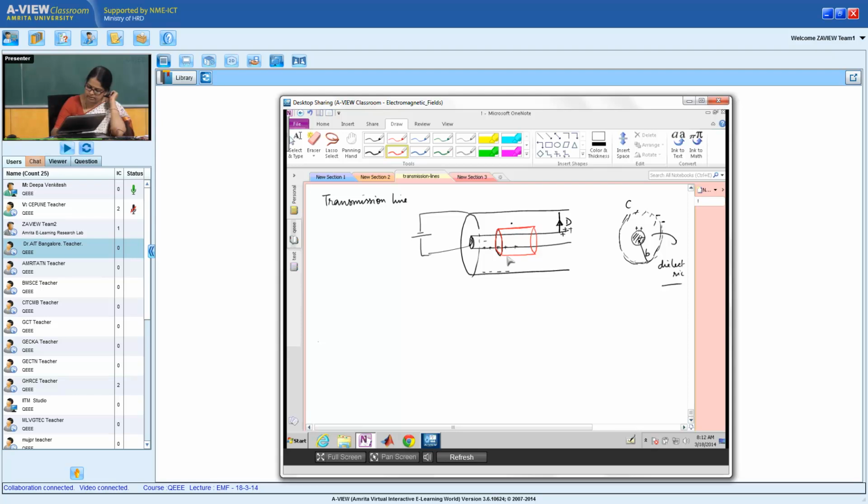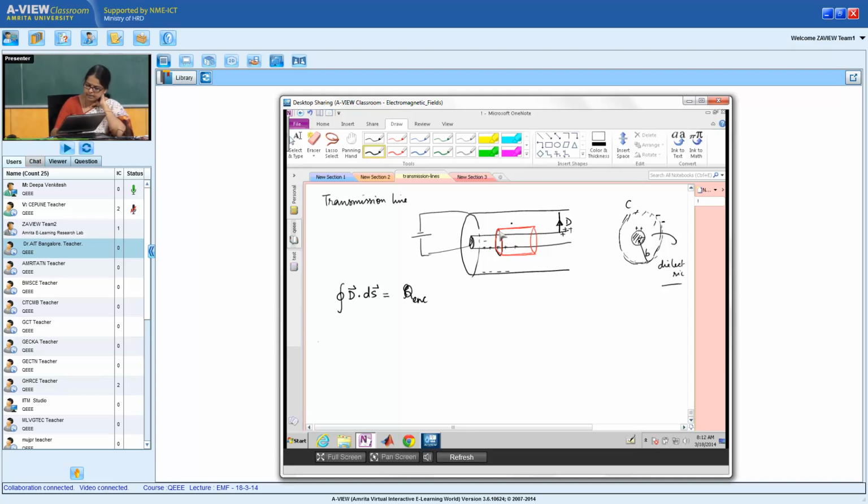So I am using this cylindrical surface, and on this cylindrical surface what we are going to do is to apply Gauss law, the integral form of the Gauss law, which says the closed surface integral D dot dS is the charge enclosed,